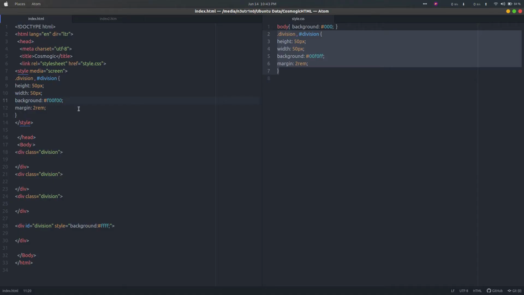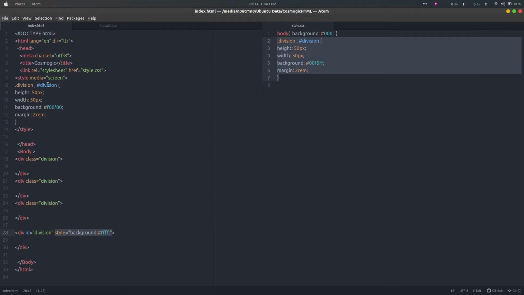Okay, refresh the page. So now here the condition comes: what is the color and what is the property. This is inline CSS, which has the highest precedence. If we provide style inline, it will override all the others, because the color is different here and the division is giving the same.